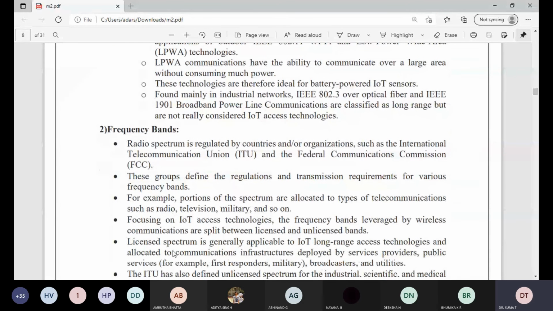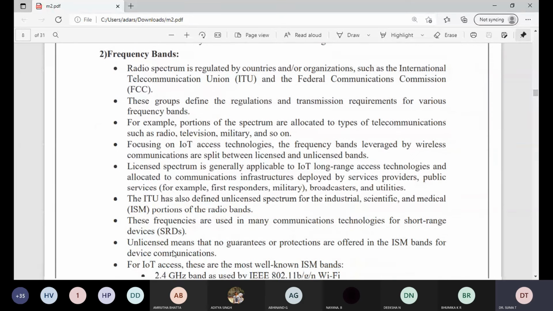These groups define the regulations and transmission requirements for various uses such as radio, television, military and so on. So various frequency bands. If you take that example, it comes under radio, television, military and so on. When you are going to focus on IoT access technologies, the frequency band leveraged by the wireless communications is